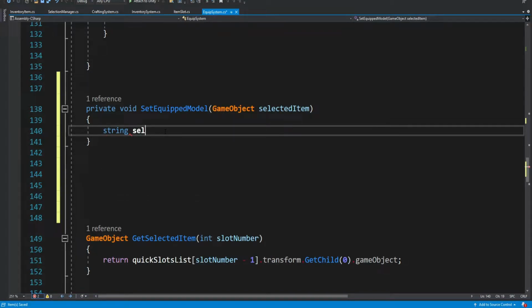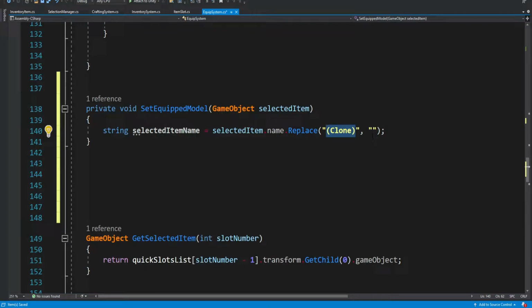String selectedItemName, and we're going to get this selected item name, and we're also going to do our usual parsing to get the clean name, okay, to remove the clone part. Replace "(Clone)" with nothing, right? We replace the clone part with nothing.